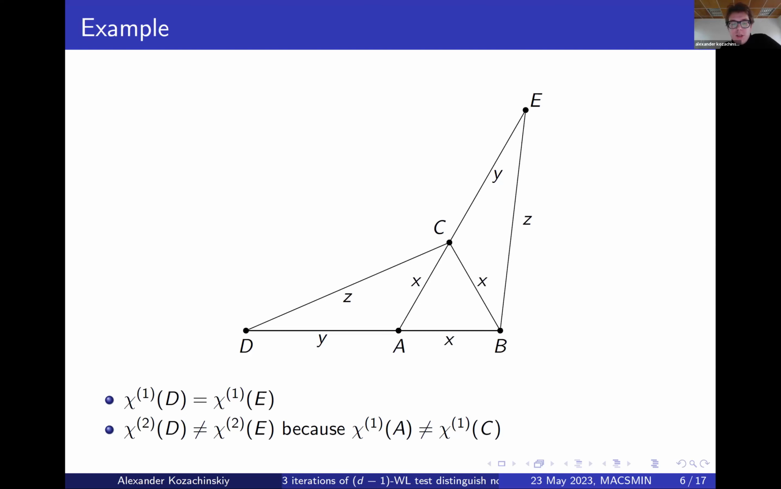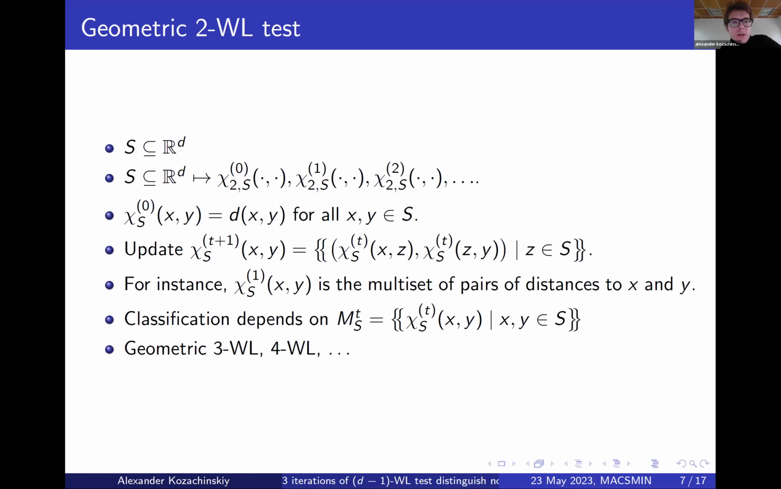And then we can distinguish D and E after the second iteration because D has one node at distance y from it, which is A. And E has also 1 point at distance y, which is C. But in the second iteration, we will find out that the labels of A and C are different, and hence this will distinguish D and E, because they will have only 1 point at distance y, but their labels after the first iteration will be different. And then